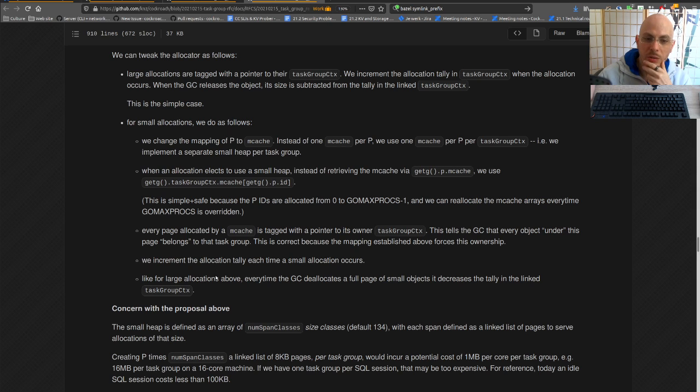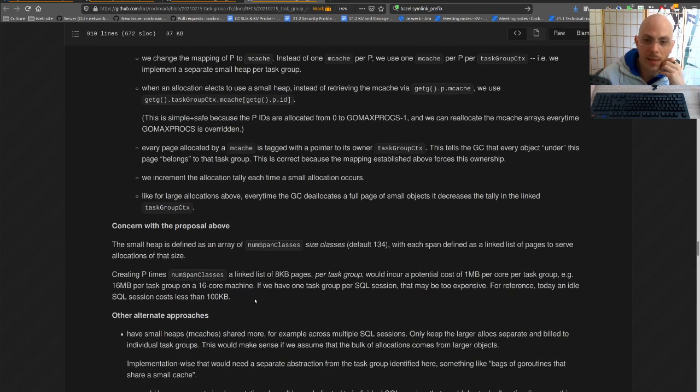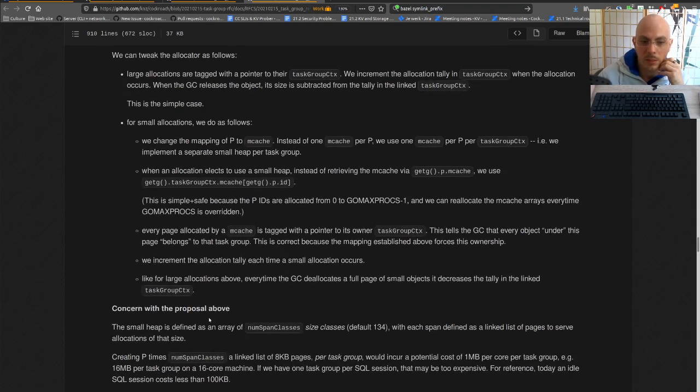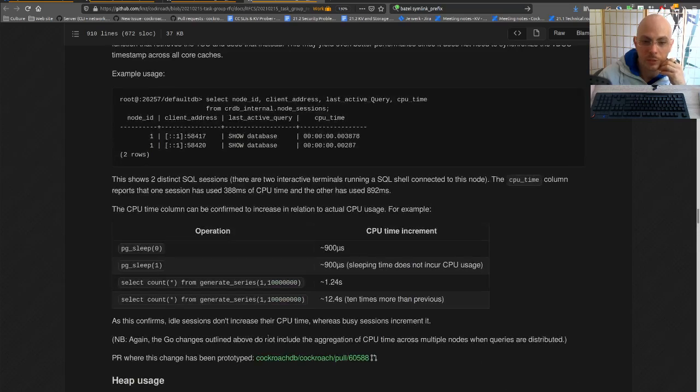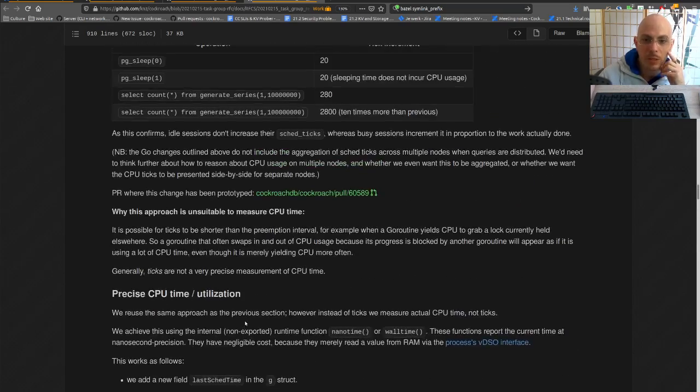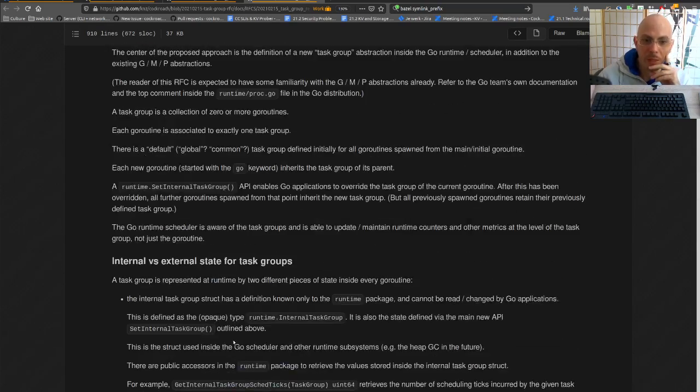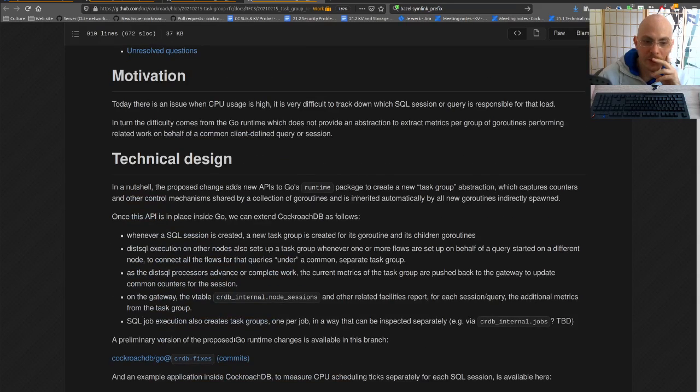for, say, large allocations. So we are going to try to introduce two allocation counters, one for small allocations and one for large allocations, and then a deallocation counter for the large allocations. And we are going to verify that the deallocation tracks the allocations so that we are not leaking values in the counter. So we're going to resume work using the branch that I was working on back in the day,